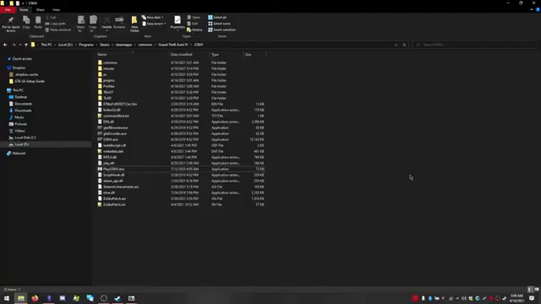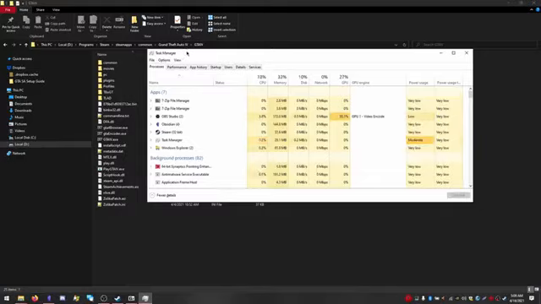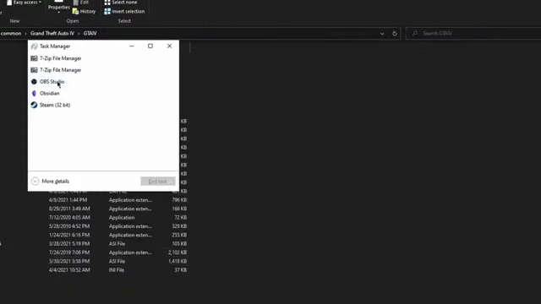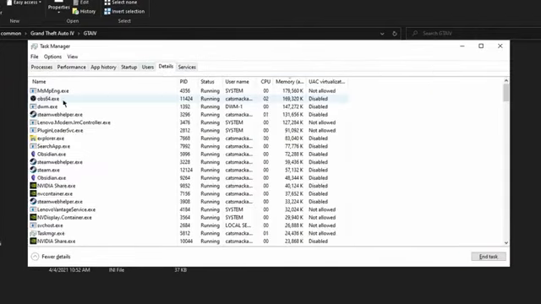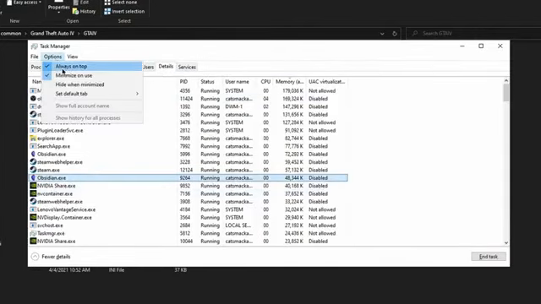Now the last one, this one is really important in my opinion if you're going to do any general modding, is just press Control Shift Escape, which is to open up the task manager easier. And then you're going to see this, actually by default it should look something like this. Click more details as you can see more stuff, like you can see the details tab, and then click options